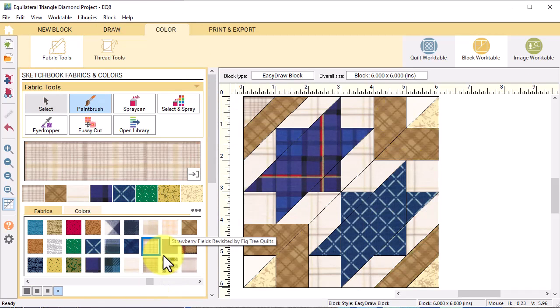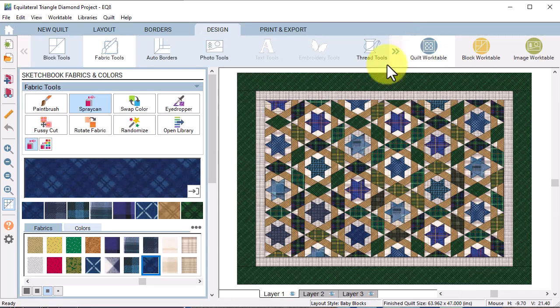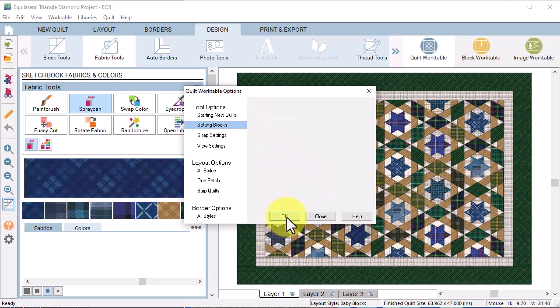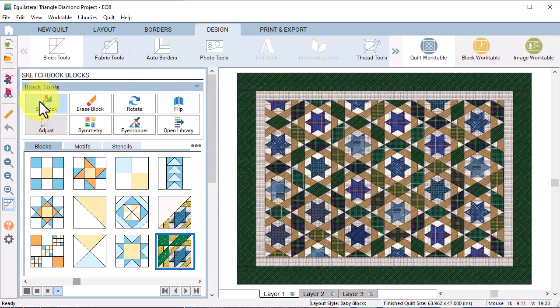I decided to use the plaids. And add to Project Sketchbook. Select the Quilt Work Table, and now under Work Table Settings, go to Setting Blocks and click on Maintain the Block Rotation when replacing blocks and select OK. Under Block Tools, Set Block,